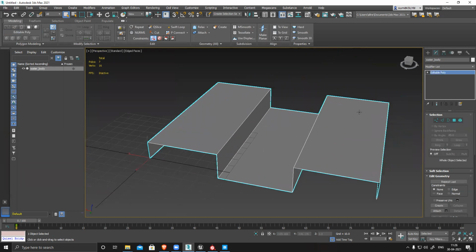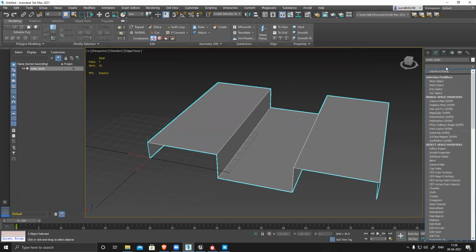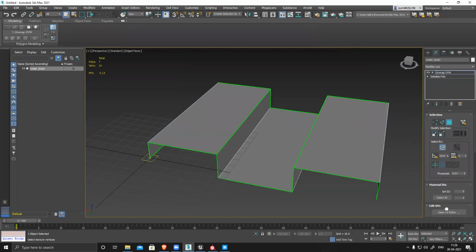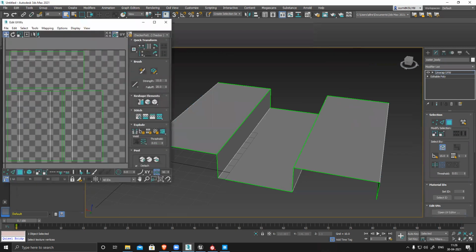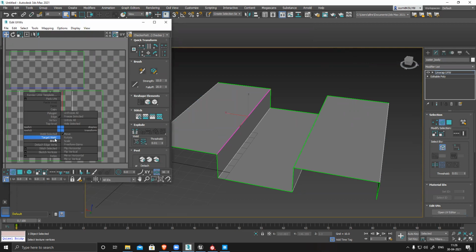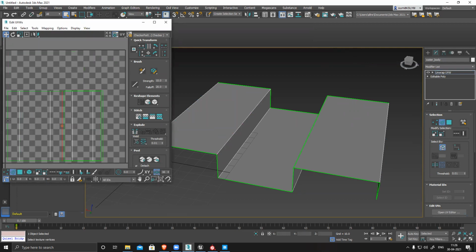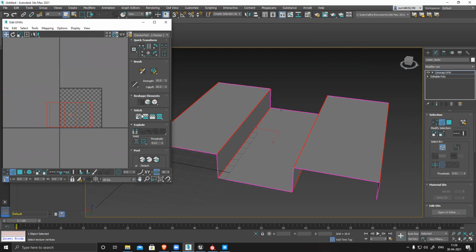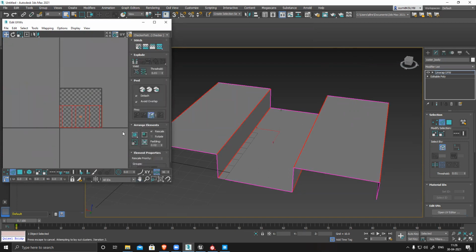And this is a tileable map, right? So if it's a tileable map, what I can do is easiest way. Instead of splitting my UV in multiple parts, stitch it, and keep it wherever you want to keep it.